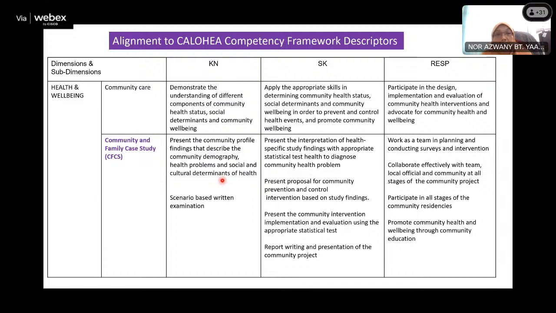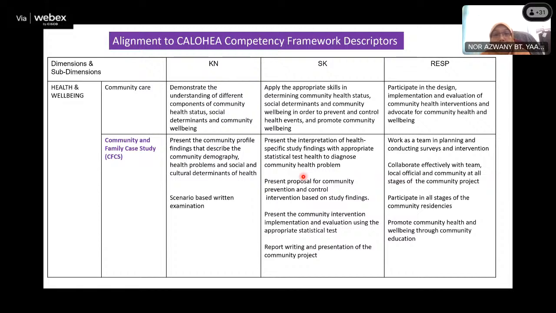In terms of the skill, the CALOHEA descriptor is to apply appropriate skills in determining community health status, social determinants, and community well-being in order to prevent and control the health events and promote community well-being. So in our CFCS, the students present the interpretation of health-specific study findings using appropriate statistical tests, and from here they present the proposal of the community prevention and control intervention, and also